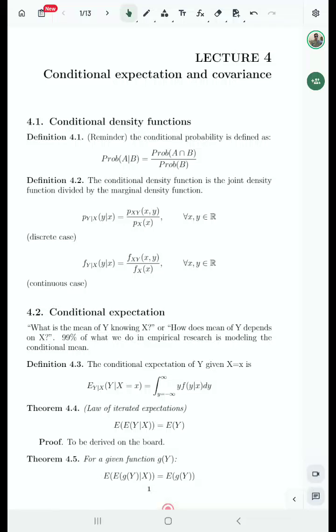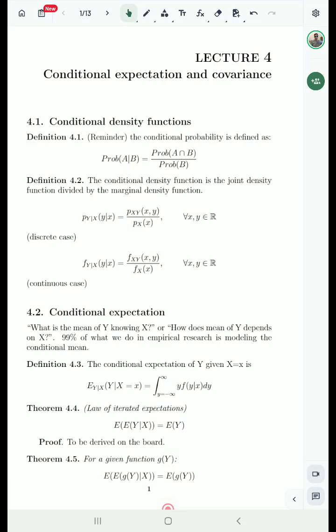Hello everyone. The topic of today's lecture is conditional expectation and conditional covariance. To understand conditional expectation and conditional covariance, first we have to understand conditional density functions. Conditional density functions are a concept very related to the conditional probability that we have already defined in chapter